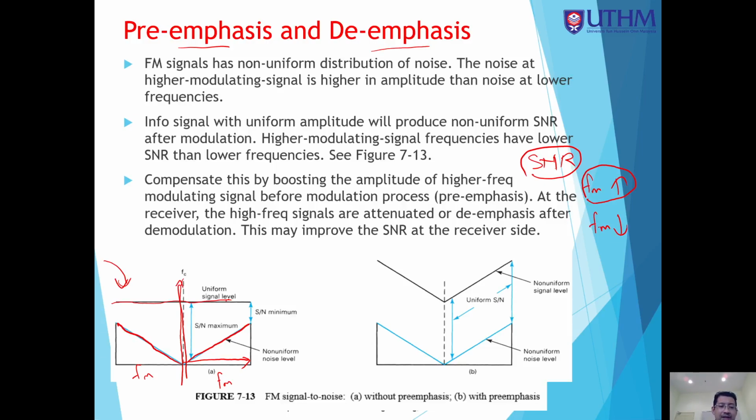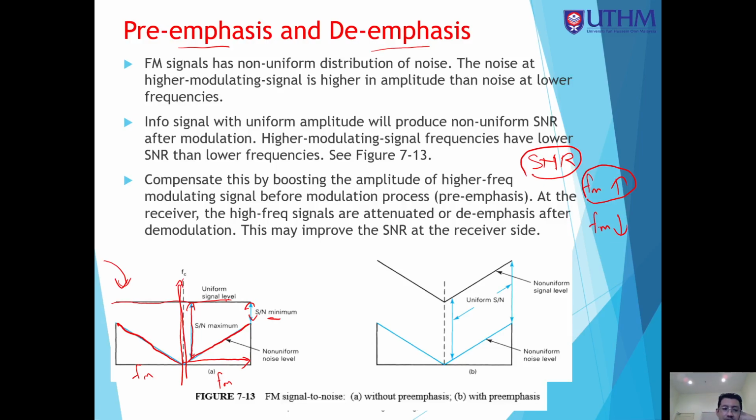So what happened? If the noise level is higher, that means the ratio of signal level over the noise level would be small, compared to the SNR at lower modulating signal frequency, which is higher. So this produces what they call SNR is not uniform